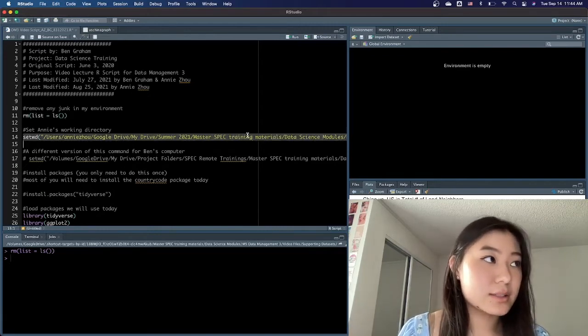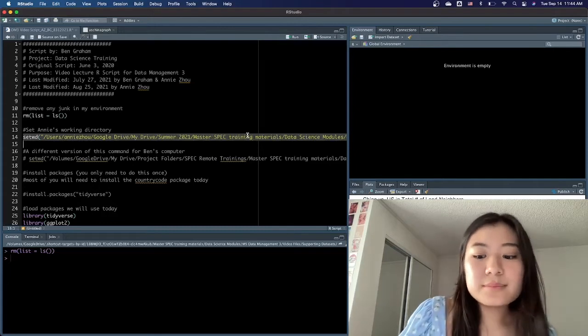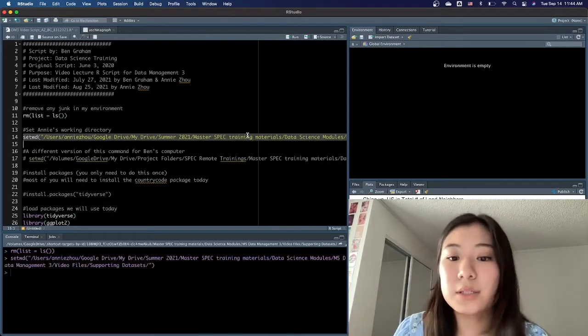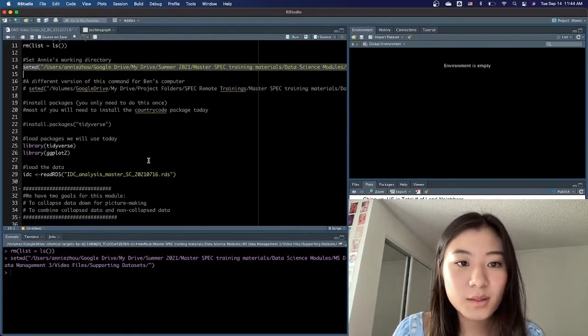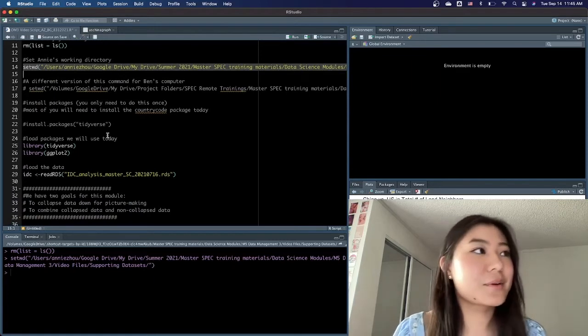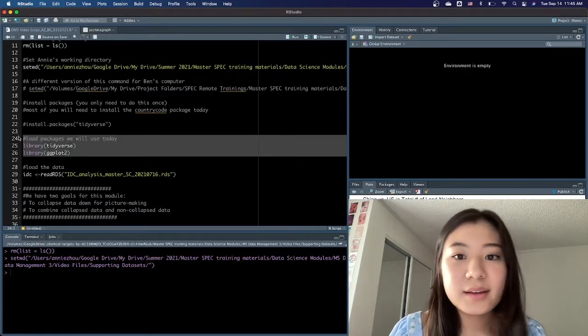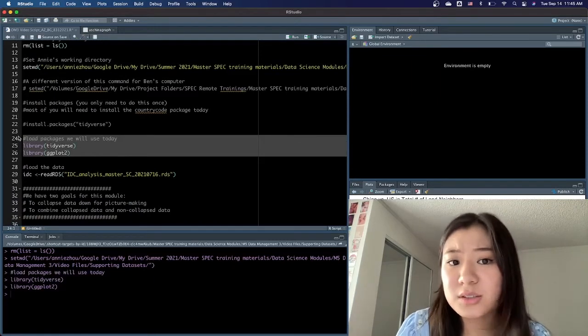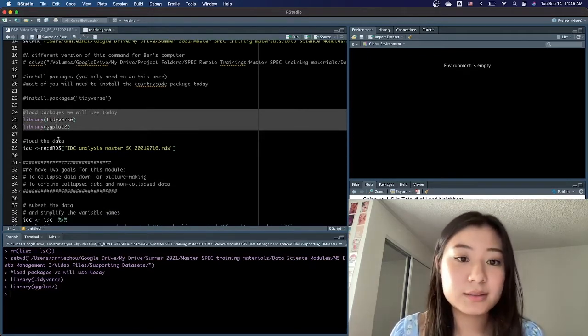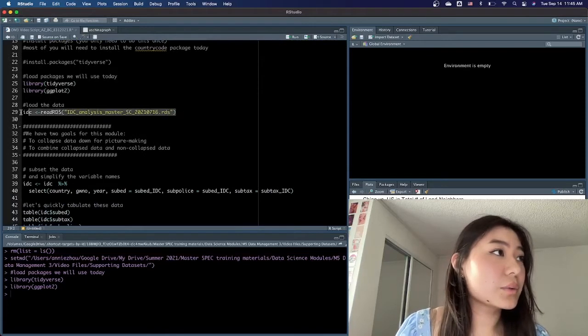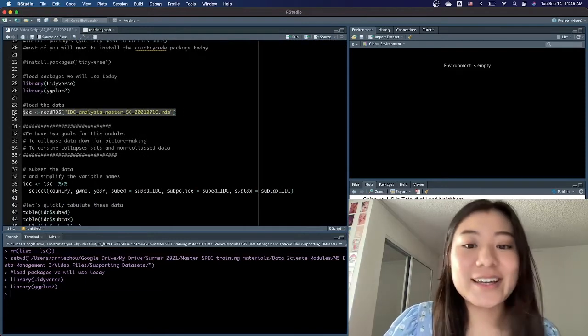My working directory is on line 14, but if you would like someone else to be able to run your code, they can set their own working directory as well, like on line 17. We're also loading in the packages that we're going to use today. And if you don't have these packages installed already, then you will have to install them using the install packages command. And we are working with our power sharing data again today.